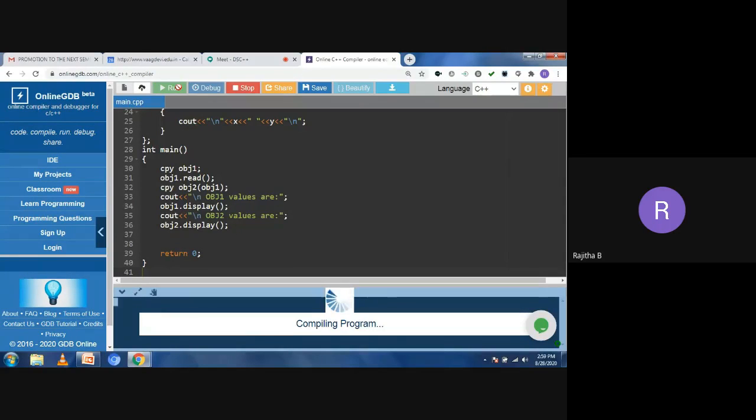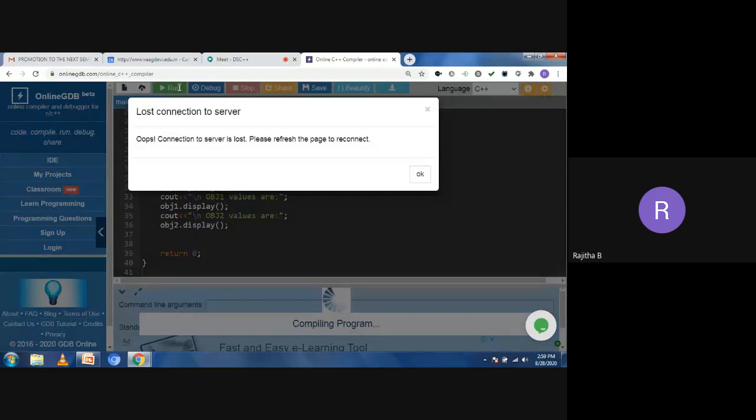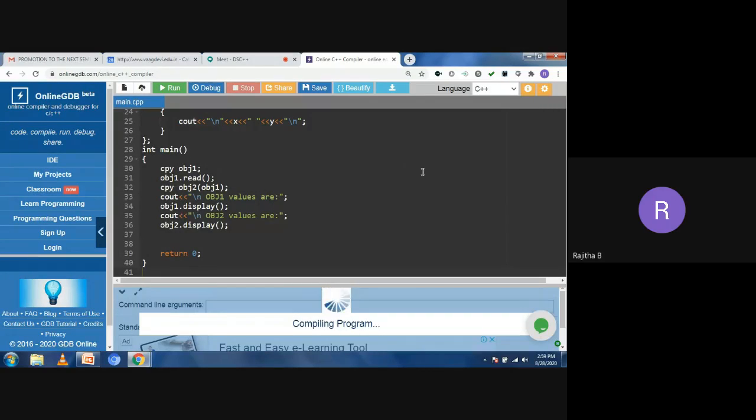It is taking some time to compile the program. Oops, server is something. Network problem is there.